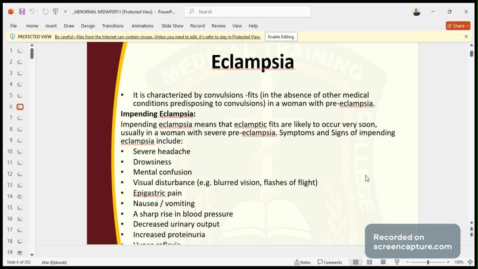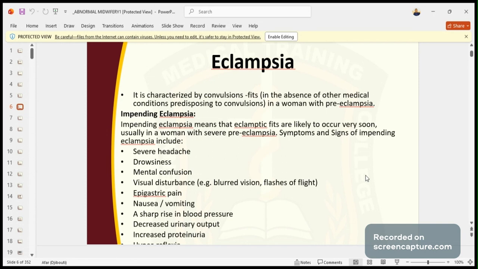Let's talk about eclampsia. Eclampsia now is characterized by convulsions. Now, fits come into the picture. You can have hypertension, edema, proteinuria, and then the fits come in. Okay. So impending eclampsia means that the eclamptic fits are likely to occur very soon, usually in a woman with severe preeclampsia. You see how we classify from mild preeclampsia to severe preeclampsia. Symptoms and signs of impending eclampsia include